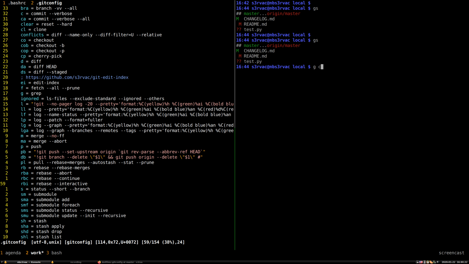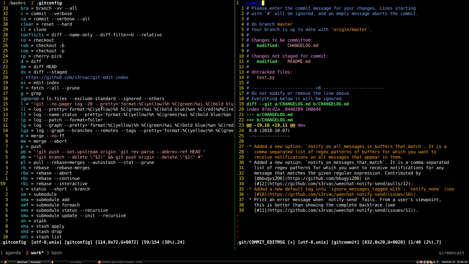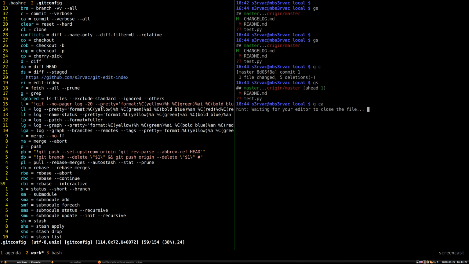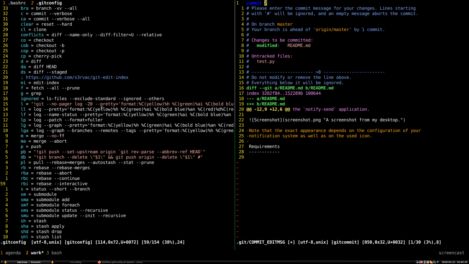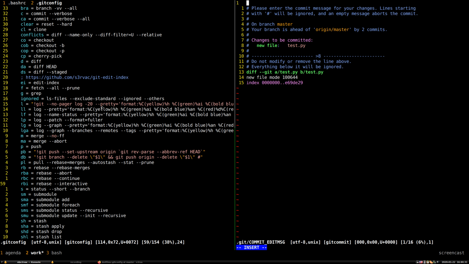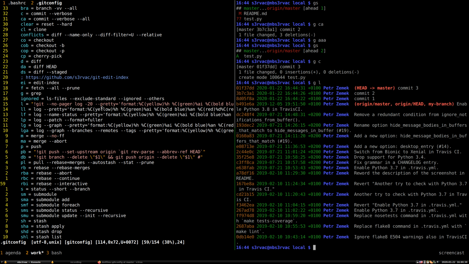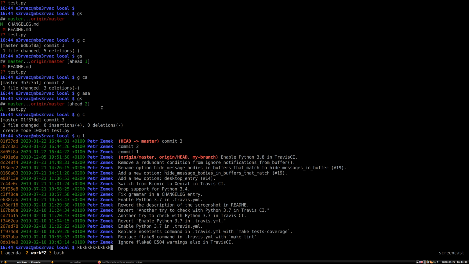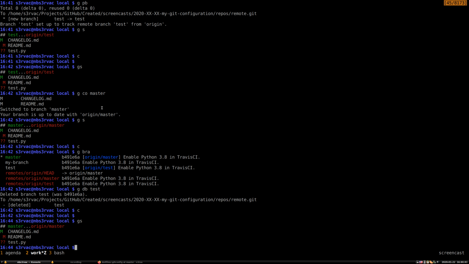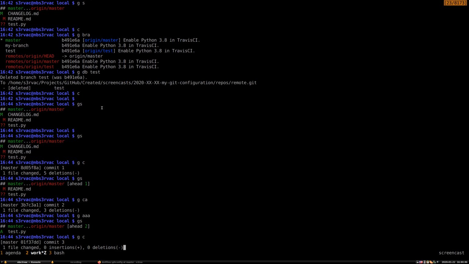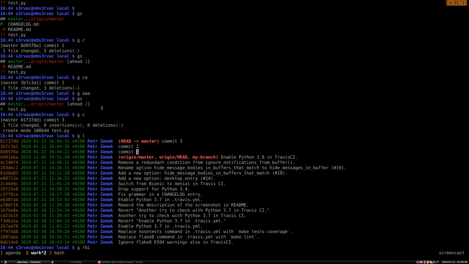So, for example, let me just do commit 1, commit 2, and commit 3, and we can see that we have 3 commits. And if you run git rebase, we can get that commit,